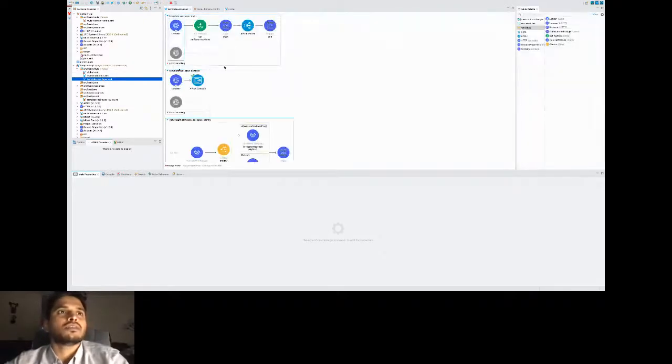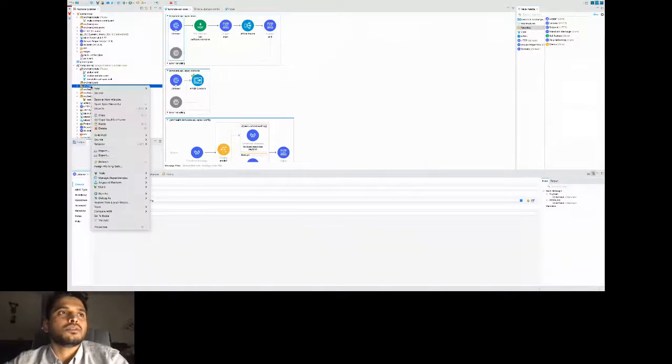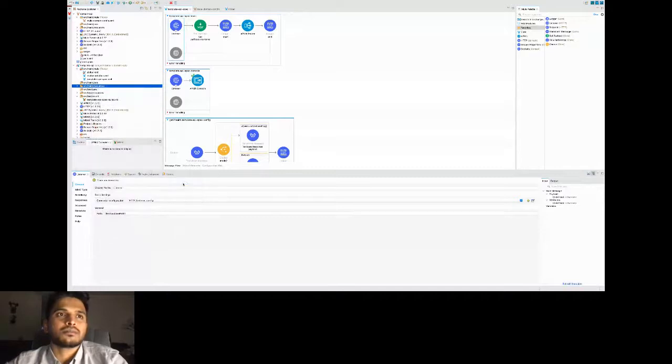And once you have this template API, now let's try to import the RAML which we developed earlier, right? If you right click and go to the Anypoint Platform, there you'll have download RAML from Design Center. So if you click that,